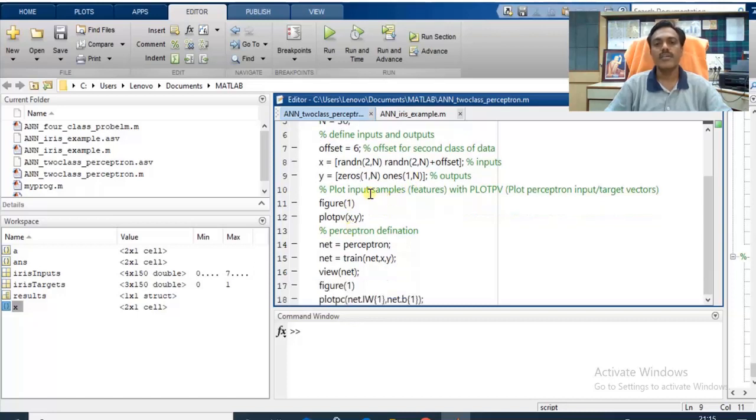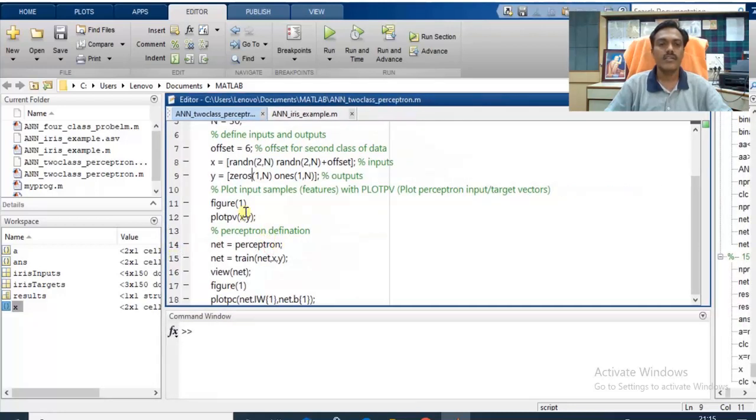Now let us plot the input samples, that is features, using the plot function, x comma y, which plots the data generated. The next part is to create the perceptron and save it in the net variable.